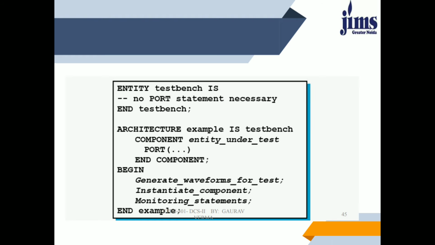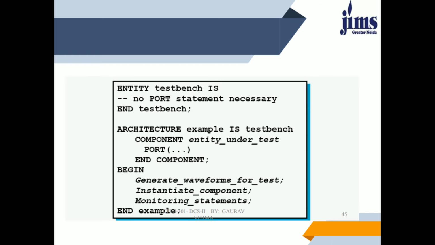Then in the next part, we specify the process, then begin. In that begin part, if we generate the output or any signal, then after completing that generation, we will specify wait for this much time, and then we will end that process.